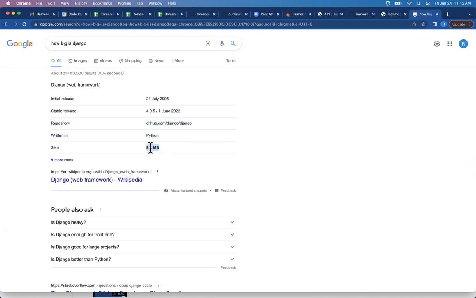So this, I don't know, maybe it's kind of big for a framework, maybe it's not. I'm not really sure how I feel about that number. But if you have a lot of projects with a lot of dependencies, but they're years old and you're probably not going to use them anytime soon, you can just delete their virtual environments and that'll delete all the dependencies, free up some space on your machine. Cool. Yeah, probably not a huge concern these days when you can just get a 1 terabyte hard drive or something. Well, this may be a dumb question, but